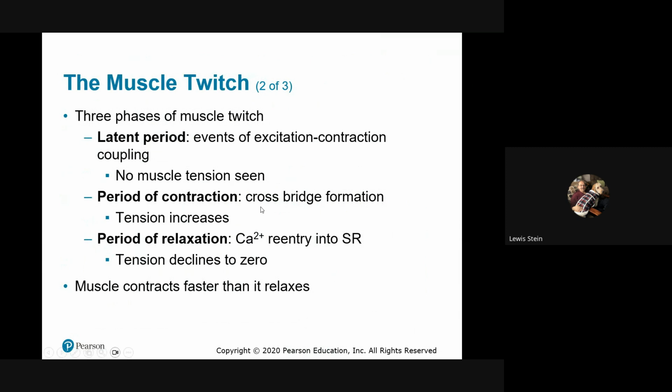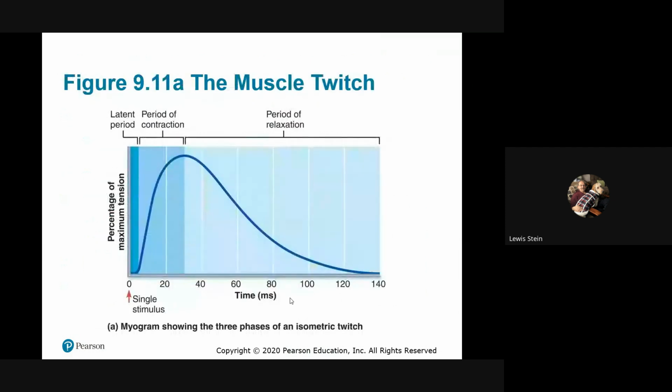And so then there's contraction and then there's relaxation. Cross bridges form, tension increases, calcium basically pumped back into sarcoplasmic reticulum, and the tension declines. The muscle contracts faster than it relaxes. The pumping takes, remember, those heads are preloaded. So voila. This is, if we take a